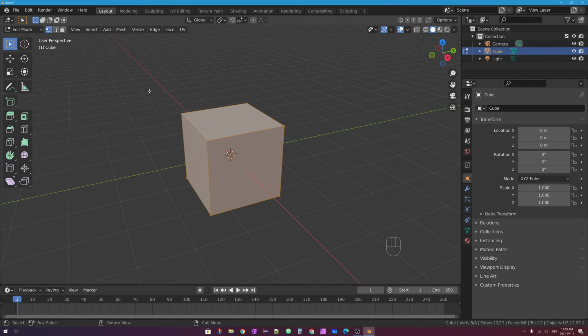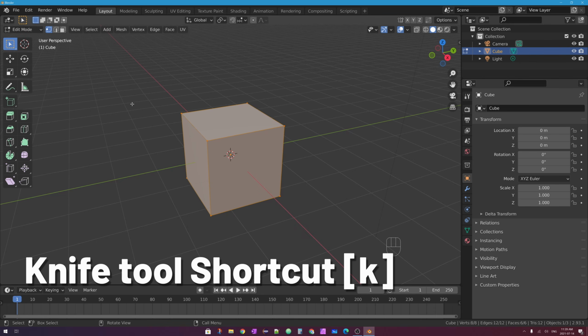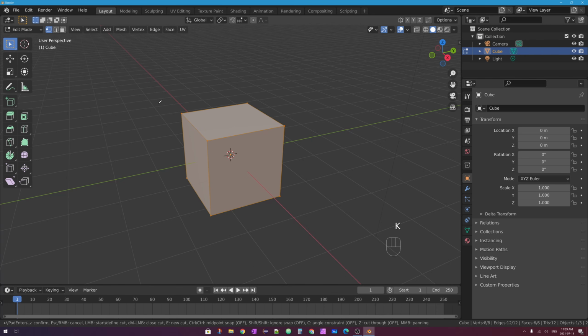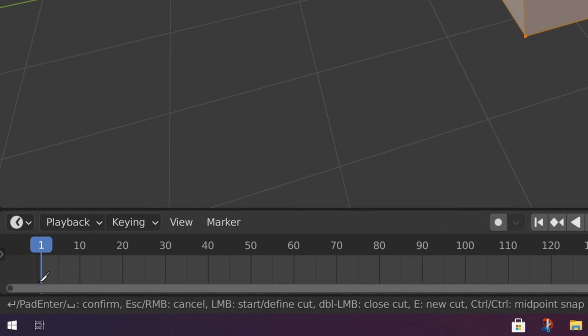Now, the knife tool has, of course, this active tool here on your toolbar, but if you just want to have your selection tool enabled and quickly get to the knife tool, the legacy keyboard shortcut in Blender is the letter K on your keyboard. K is for knife. And the reason I'm showing you this is because the legacy K version of the knife tool has a few more options, and they are listed on the information bar at the bottom of Blender's interface. So you can see down here, I'll go ahead and zoom in, that